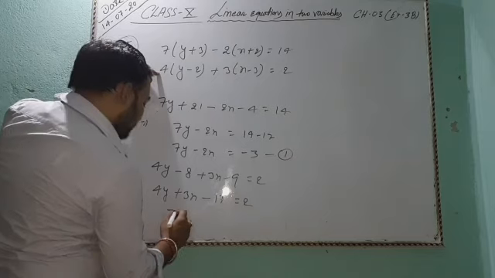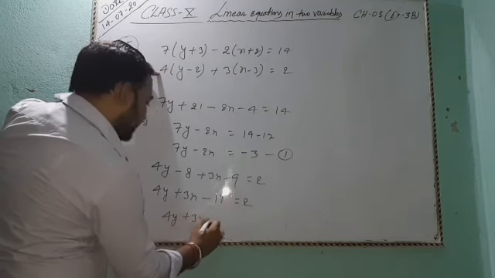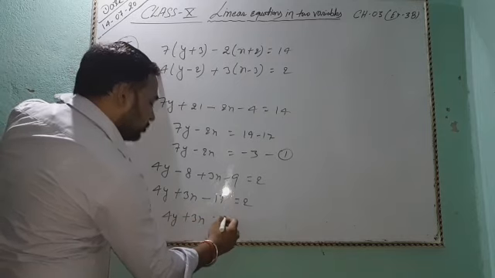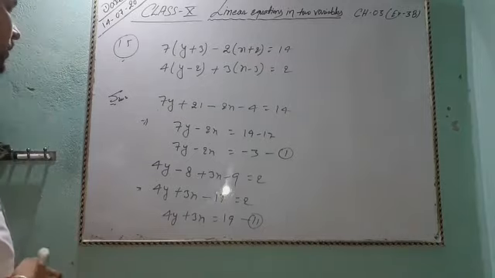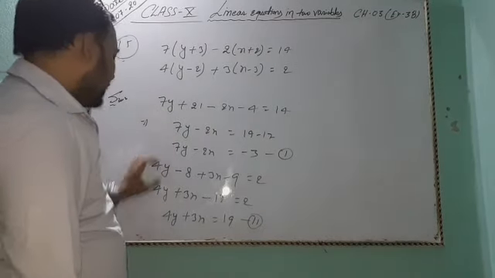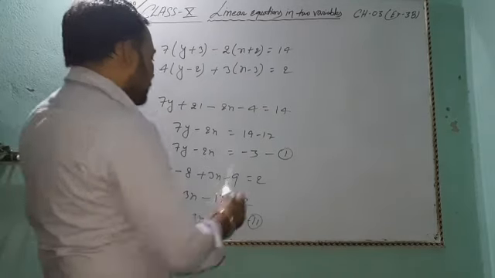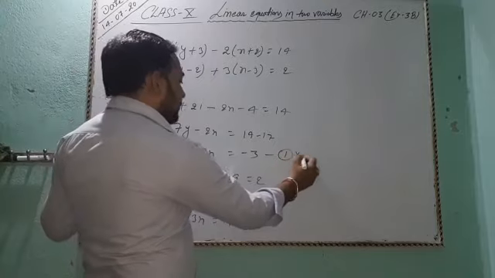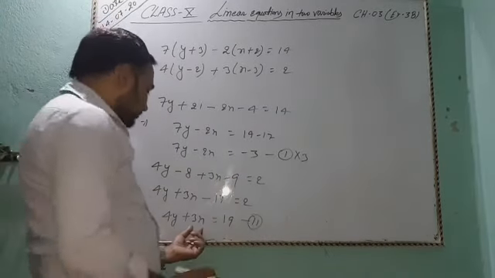That is 4y plus 3x equal to 17, or 19, equation second. Okay, so this is 7y minus 2x equal to minus 3, and this is 4y plus 3x equal to 19. So equation first, multiply by 3, this gives minus 6x, and this is plus 6x,